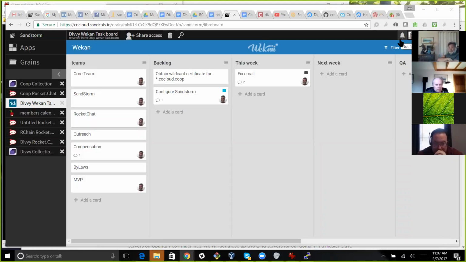I guess the bottom line is we have to run our own SMTP server, and we need a wildcard domain. Didn't we buy a wildcard domain for something? I feel like I remember somebody buying one for some purpose. But I suppose we should have one for Divvy. But for CoCloud, if we get one for CoCloud,